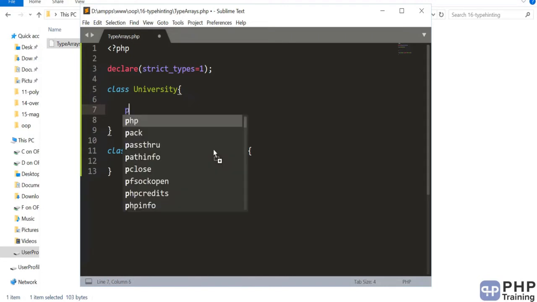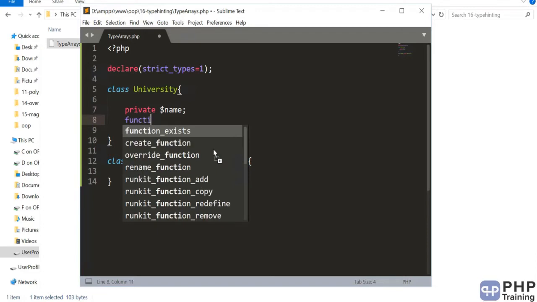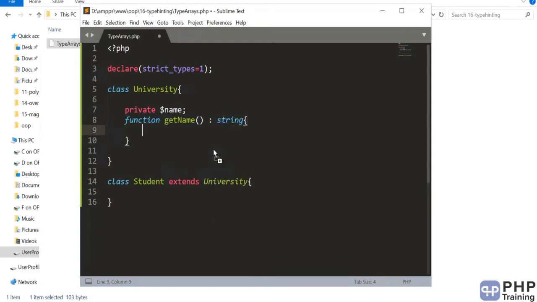Let's say you have a private variable called name, then we define the get and the set methods. Now you have to really tell what its type is. You're saying type string, and now you can return it. When you say it's type string, if it is a number, that will give you an error. That's where declare strict types comes into the picture. So you declare strict types and it has to be a string.